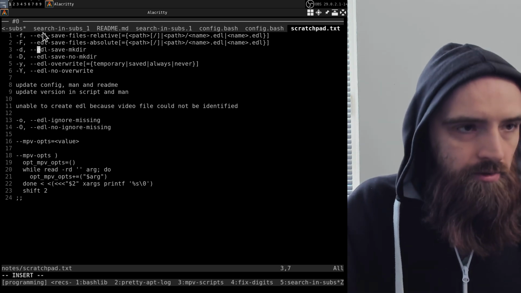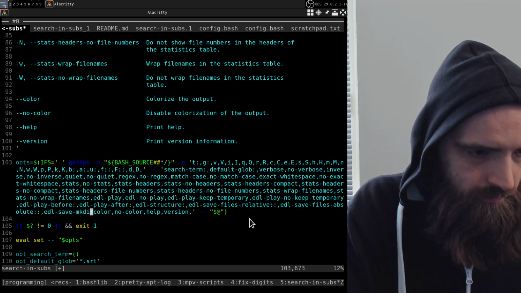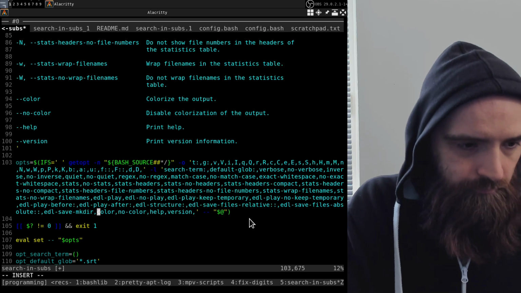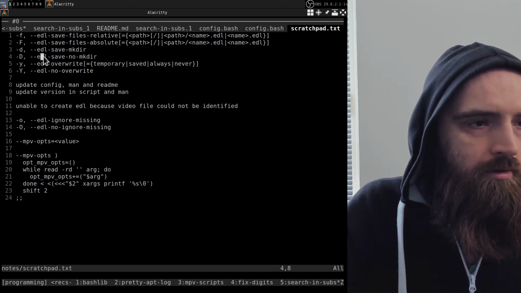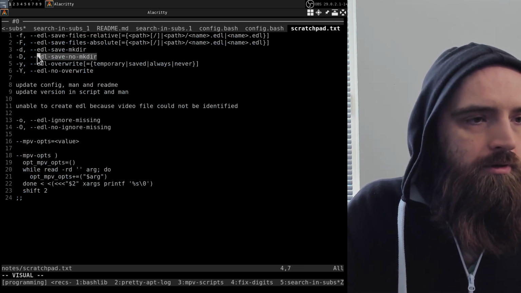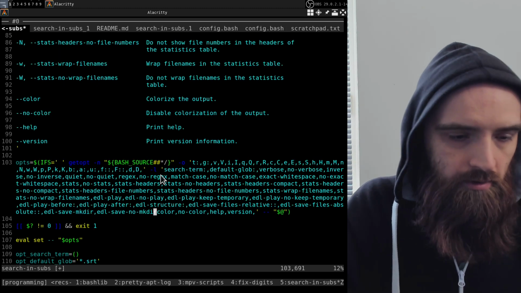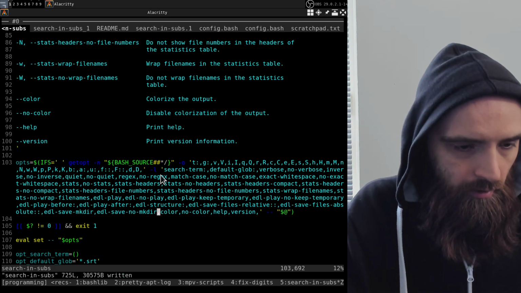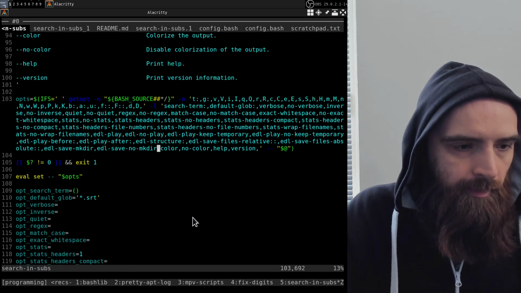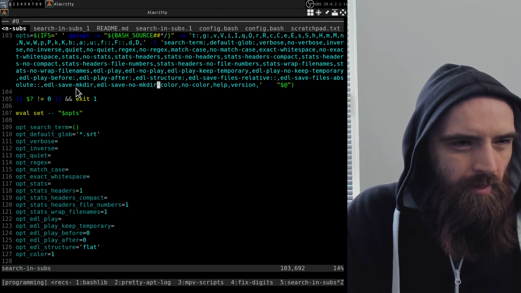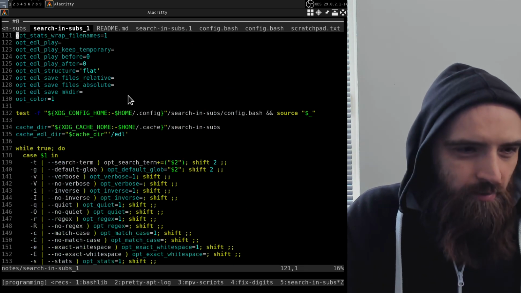edl-save mkdir, and edl-save no mkdir, both of which do not take an argument. So no colons there. Okay, so that's that. Now let me copy some stuff from the script that I worked on yesterday, so that